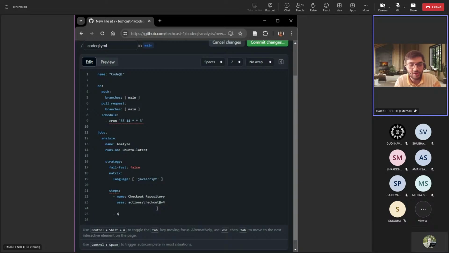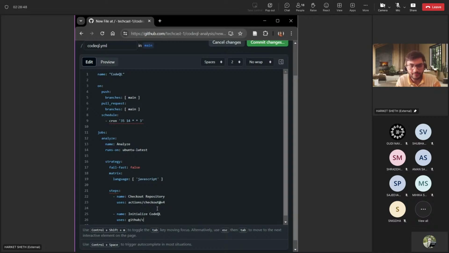Like when it runs, it will automatically take, so I don't have to do anything over there. Then I'll initialize my CodeQL, which is the code analysis part. And which action will it be using? It will be using one of the actions from the GitHub library. So I'll be writing github/codeql-action,